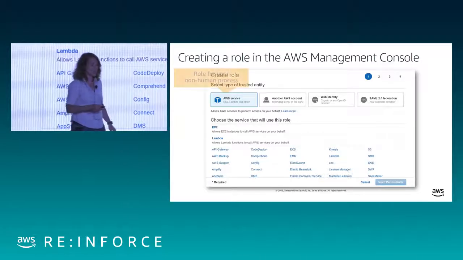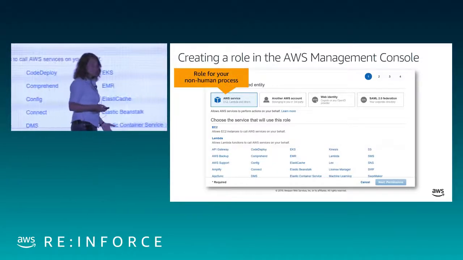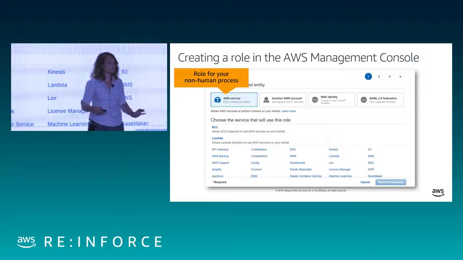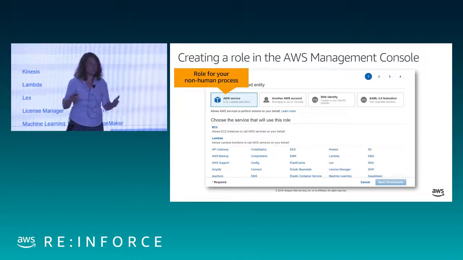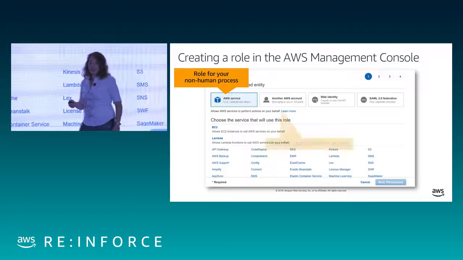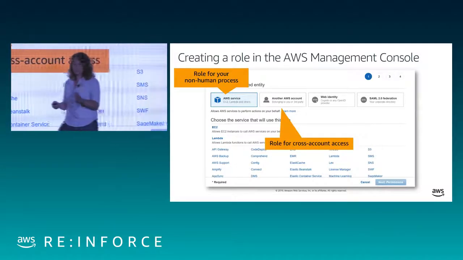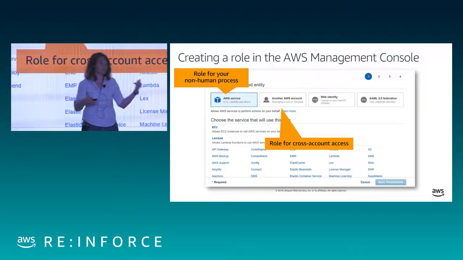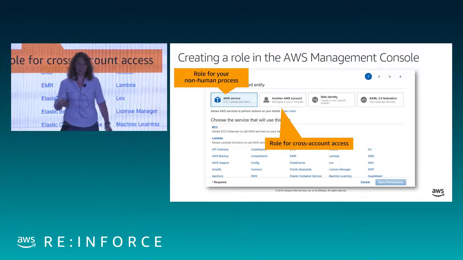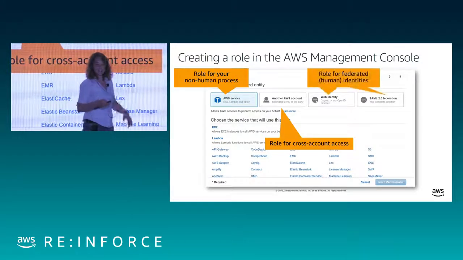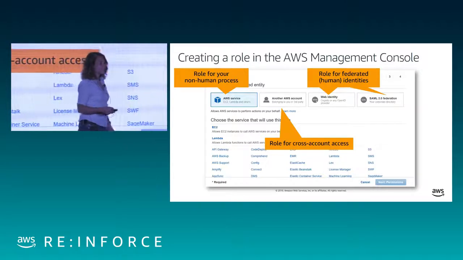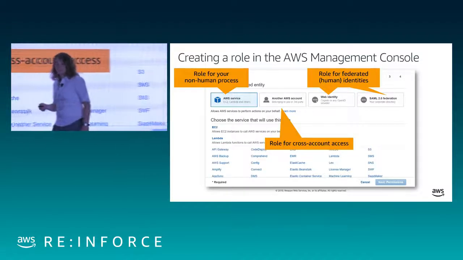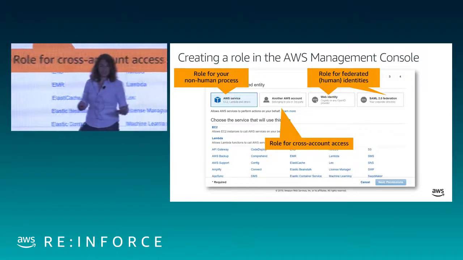And you see there are 4 options up top. This first one is for your application, and you see there's a whole long list below of the various kinds of environments your application might be running on. EC2 and Lambda being the most common choices, so those are up top. Roles are also, we're going to talk about this a little bit later, how you grant access into your account from outside your account. You also use IAM roles for that. And then finally, federation, like we showed you before, for human identities from various kinds of identity providers, web identity providers and SAML identity providers. So that's how you make a role. Those are the options for what a role can be.